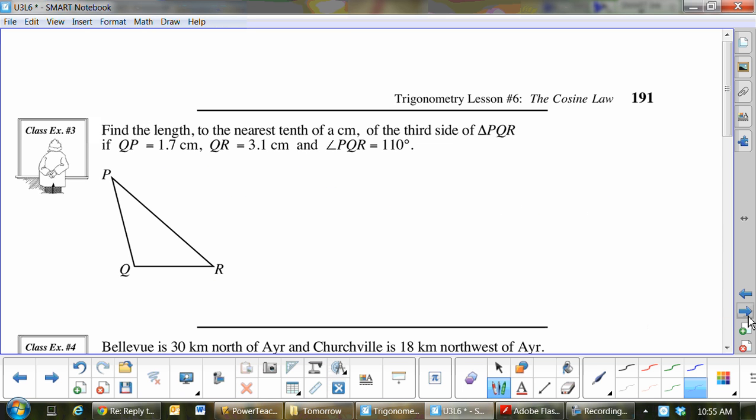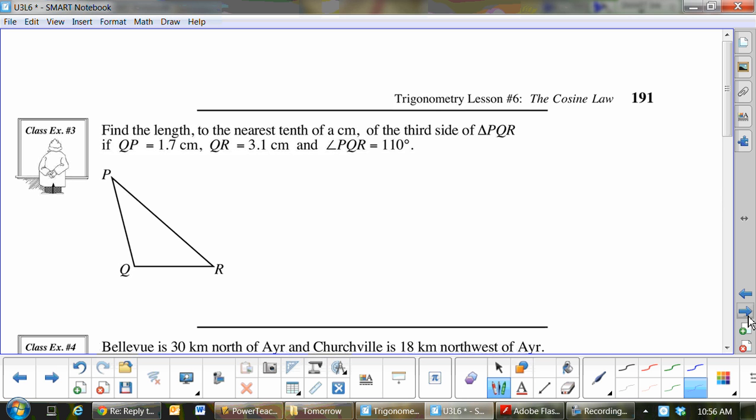Now, how about this one? You know what's hard about this one? There's no ABCs. Oh no, I can't do it because I don't have ABCs. What am I supposed to do with all this QR? I mean, I can't do that. I got an ABC formula. Well, let's just